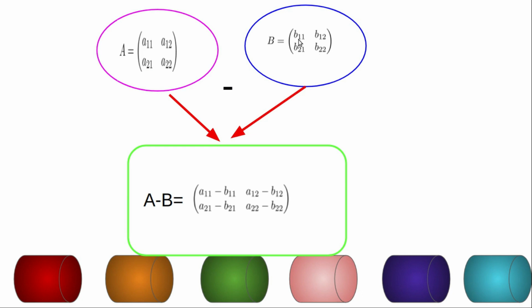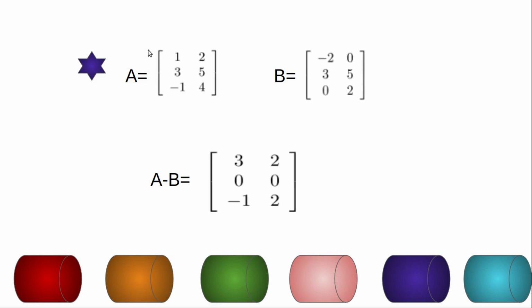Subtract elements of B from corresponding elements of A. Now here A equals the matrix 1, 2, 3, 5, minus 1, 4. Order of A is 3 by 2. Order of B is 3 by 2. A and B are of the same order. Then we can define A minus B, and A minus B is also a matrix of order 3 by 2,